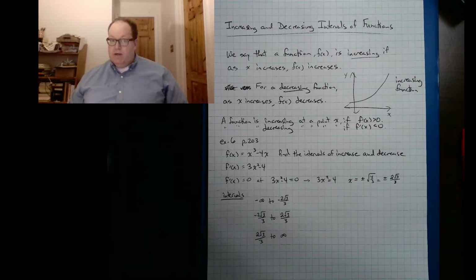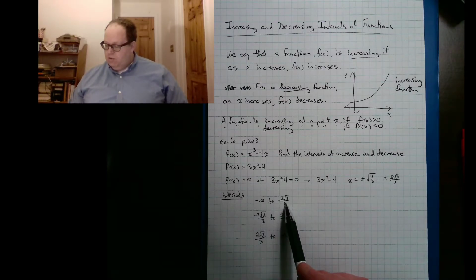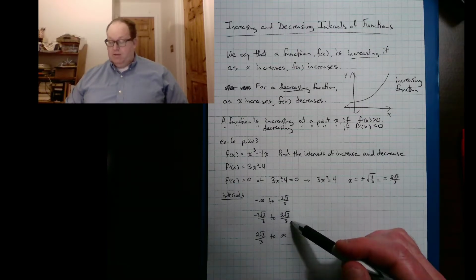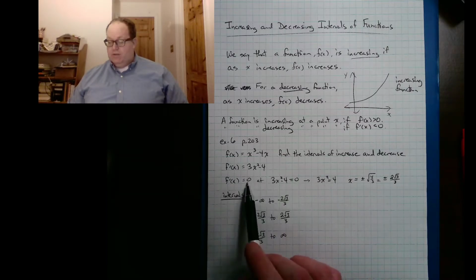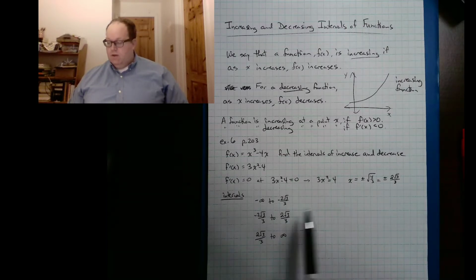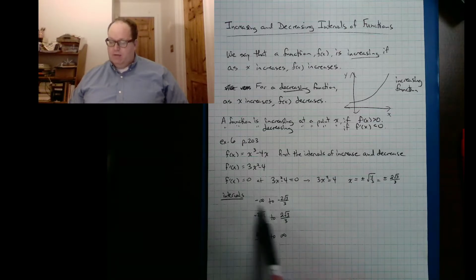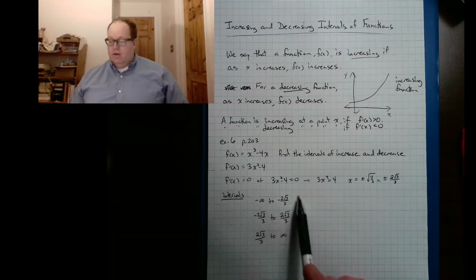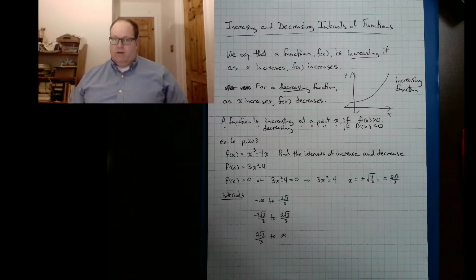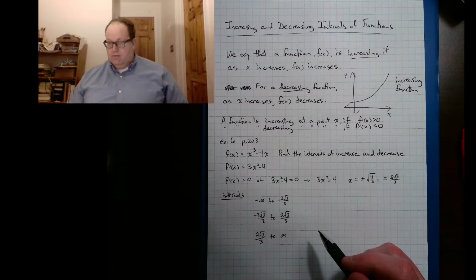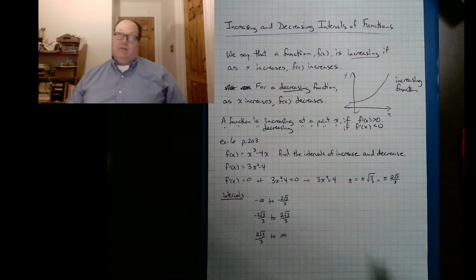So the reason I've set up my intervals like that is because negative 2 root 3 over 3 and positive 2 root 3 over 3 are the only places where my derivative can change from positive to negative. That means if I pick any point in here and the slope turns out negative, it's going to be negative everywhere in this interval. If the slope turns out to be positive, it's going to be positive everywhere in that interval. So negative 2 root 3 over 3, that is a little bit less than negative 1, I should say.